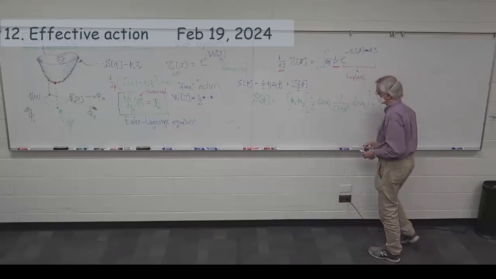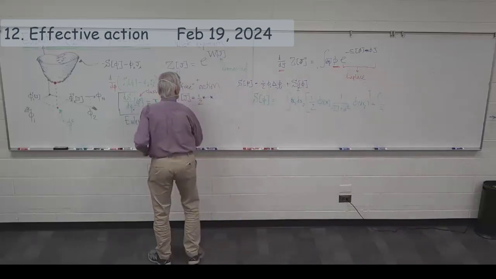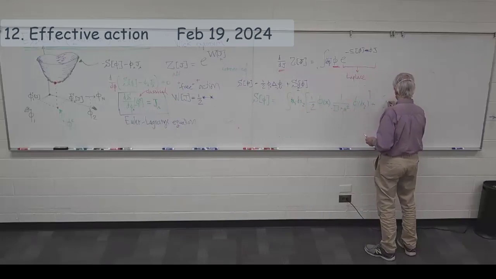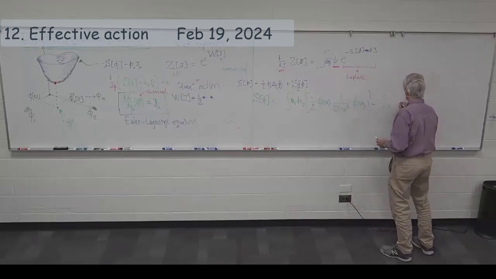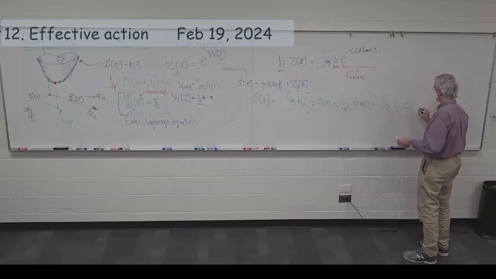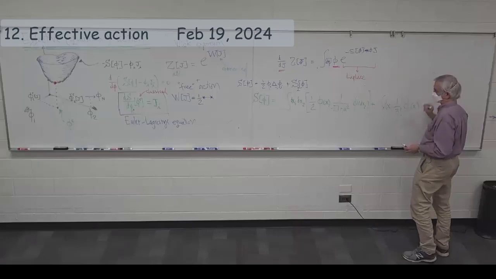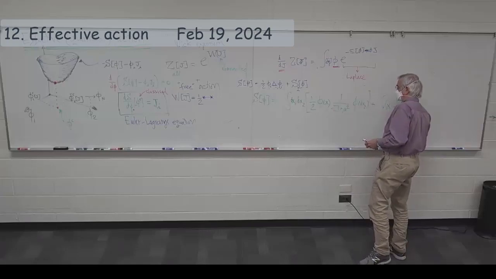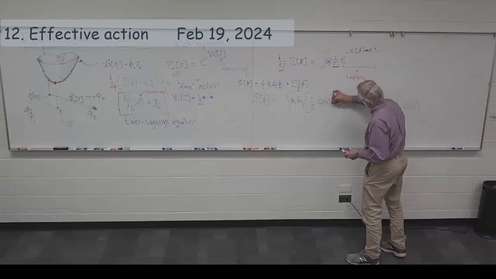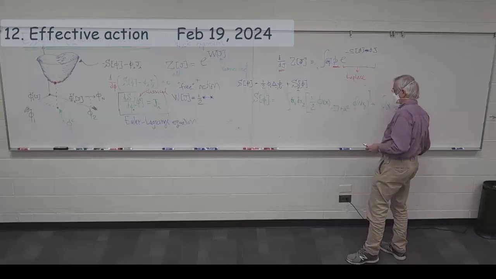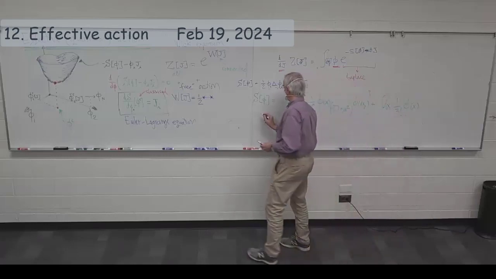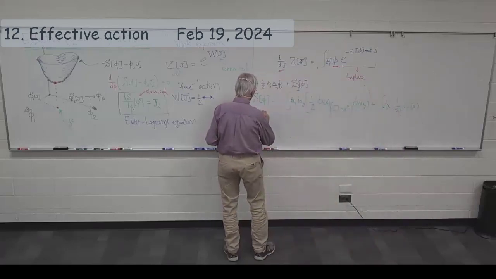Okay. And this guy is the so-called inverse of the propagator. And if you do one functional variation with respect to the fields,